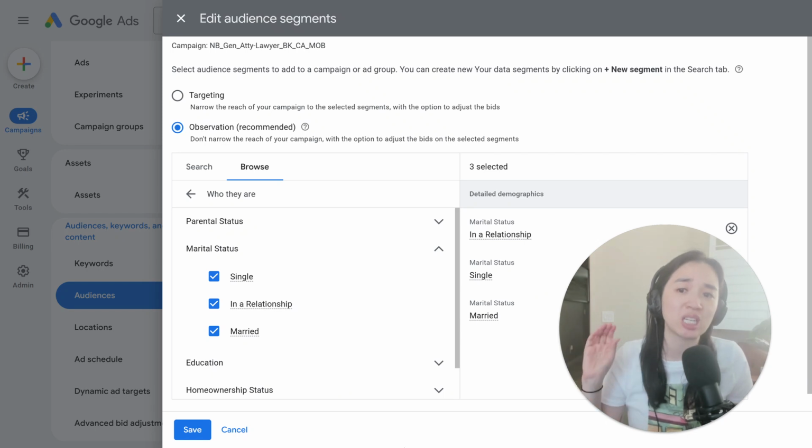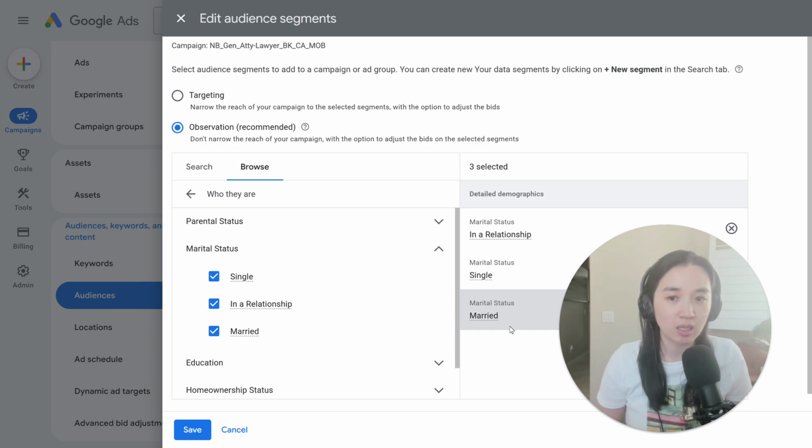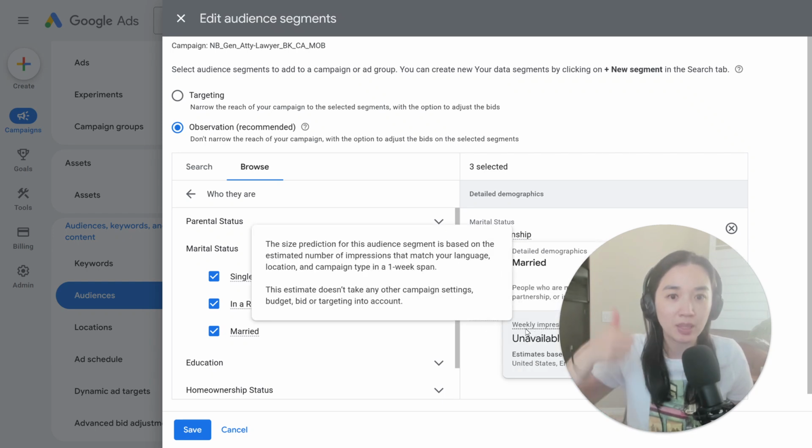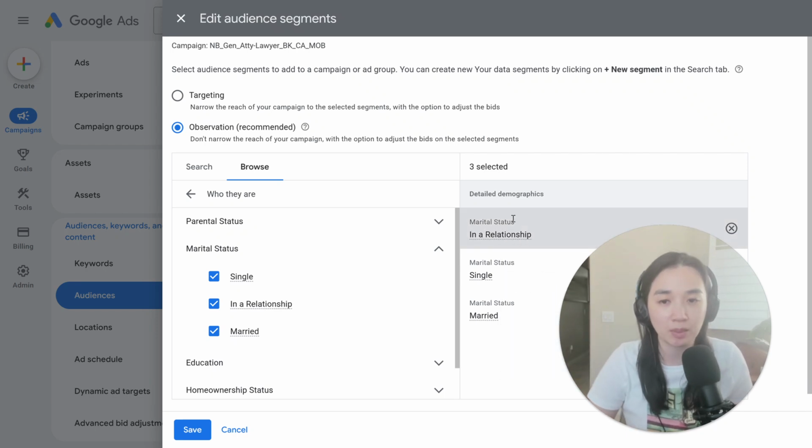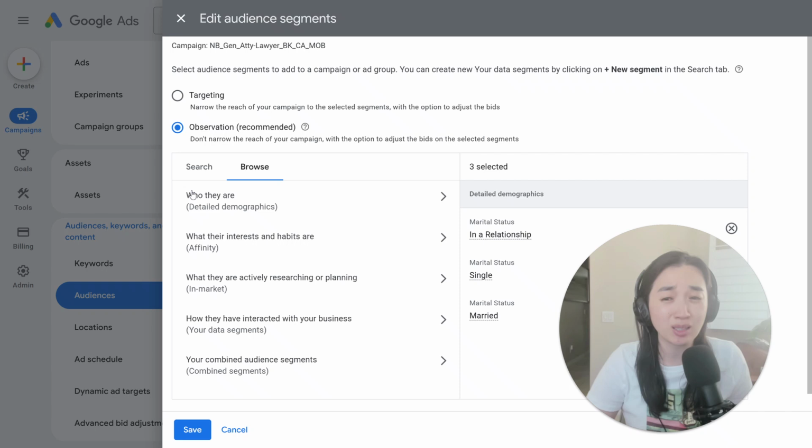So observation is not narrowing the targeting. It's simply observing, just like what it's saying in the name, observation mode, to see how these audiences actually perform. And over time, you'll be able to see data as it relates to these specific audiences and then bid up or down based off of these segments and how they perform. So these are the two options within the audience segments. I get a lot of clients and people watching my videos really confused about this. So that's why I wanted to create this video and explain very clearly the key difference and when you would